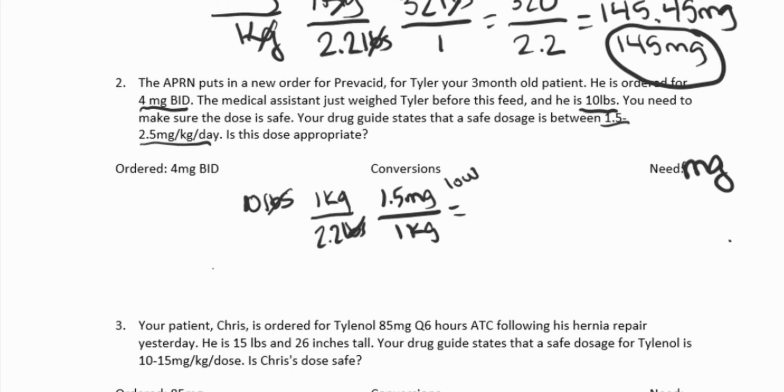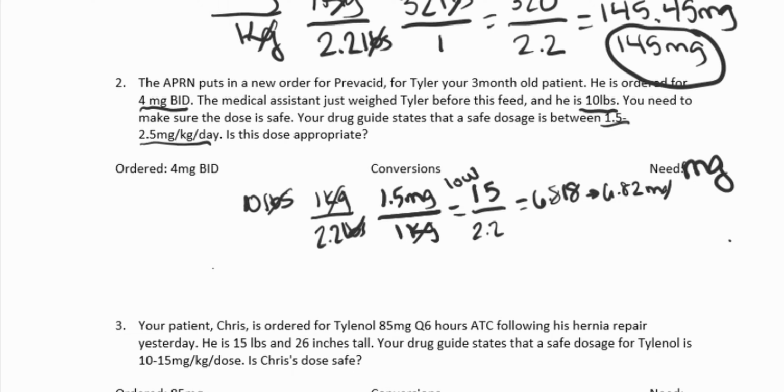So we're going to go ahead and cross off our kilograms here. So we are left with milligrams, which is what we need. We're going to multiply across the top equals 15. Multiply across the bottom equals 2.2. And then we're going to get 15 divided by 2.2 equals 6.818, or rounding, 6.82